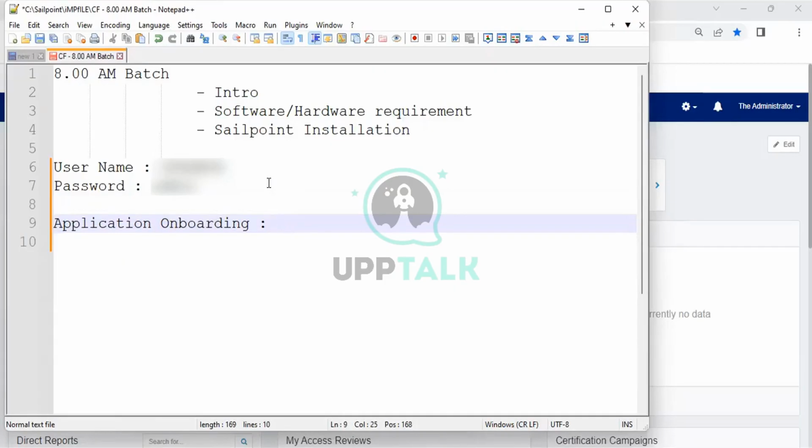One interviewer asked me, I was working on ServiceNow IDs and application IDs. They asked me if I worked on application onboarding as well. Have you worked already? Which means, no, I did not work on application onboarding.